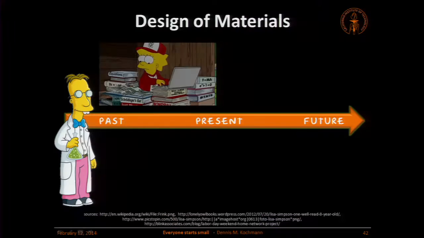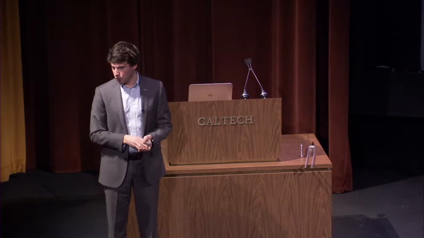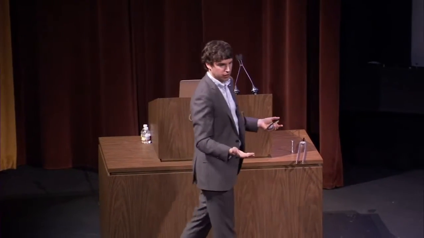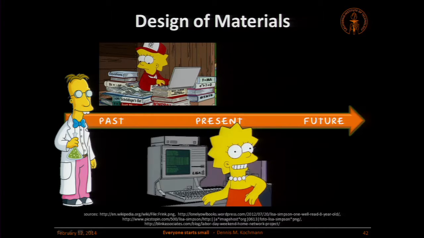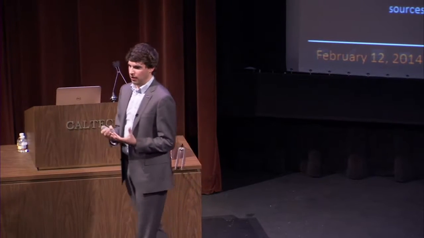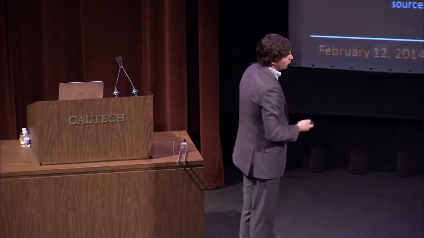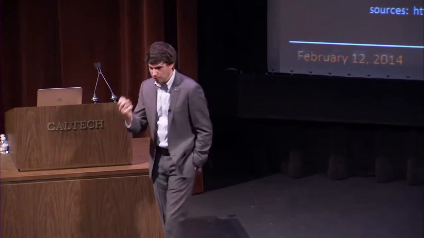Of course, over time, you learn. You develop a knowledge base. You have books. We have Google nowadays. So if you want a material that is stiff and strong, has high damping, and a low weight, we look into tables. We try to find the material that we need. What we do now is we develop computer models. We have models that allow us to predict behavior of many atoms, to predict the macroscopic behavior. Where we want to go in the future is we want to have models that allow us to go the other way around. Let's say you want a material that's stiff and strong, has high damping, lightweight, is green and tastes good, or something like this.